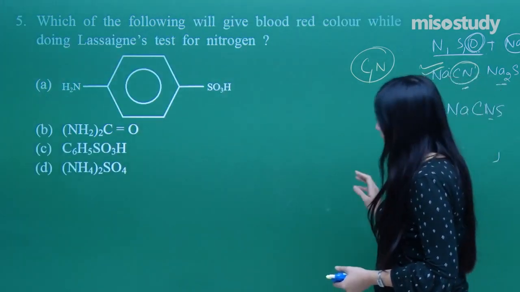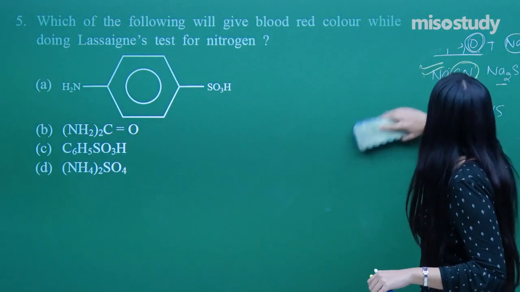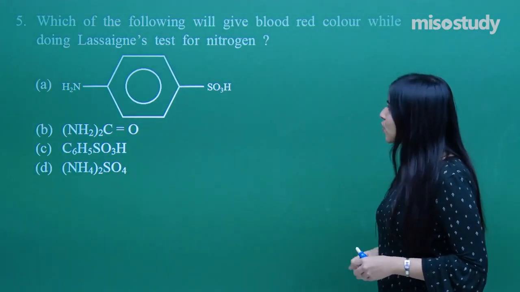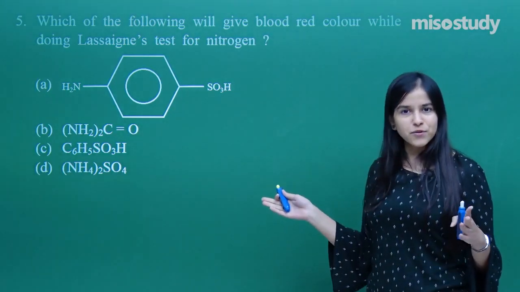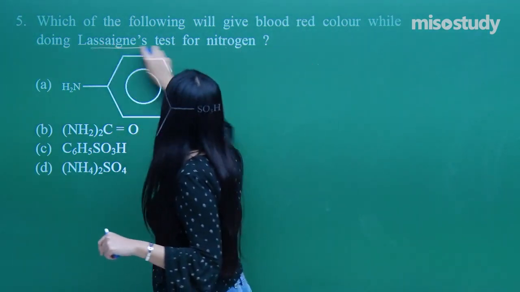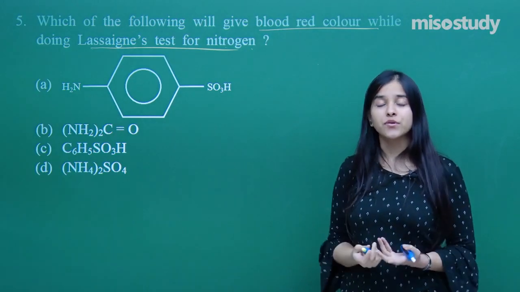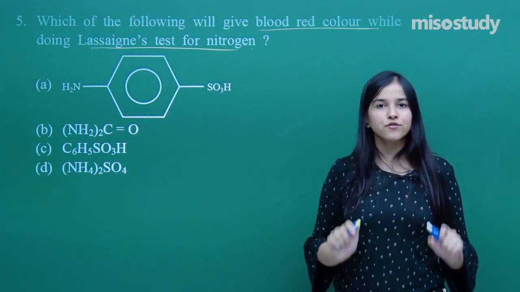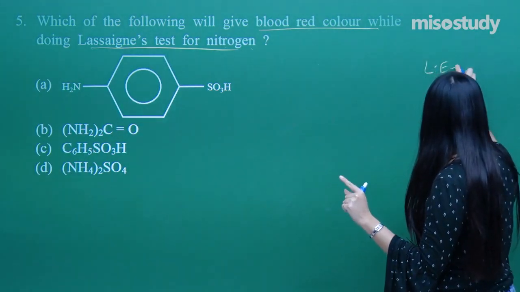Next, question number 5, based on the comprehension itself. Which of the following will give blood red color when doing Lassaigne test for nitrogen? We have done such a similar question before. So, Lassaigne test of nitrogen will be giving blood red coloration. How is it so? It always gives the Prussian blue, but whenever there is the hindrance of sulfur, what we get in the Lassaigne extract is